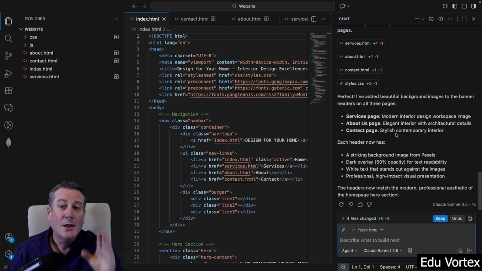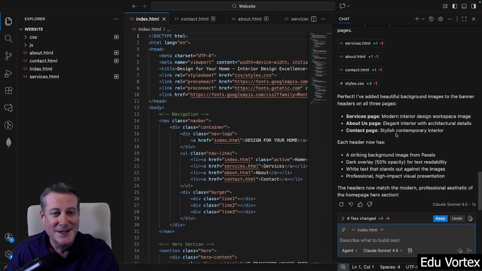Way to go. So it made those choices on its own. We'll see what it did. And each header now has a striking background image from Pexels, a dark overlay. I love this. I'm curious to see what it ended up doing, but a dark overlay with a 50% opacity